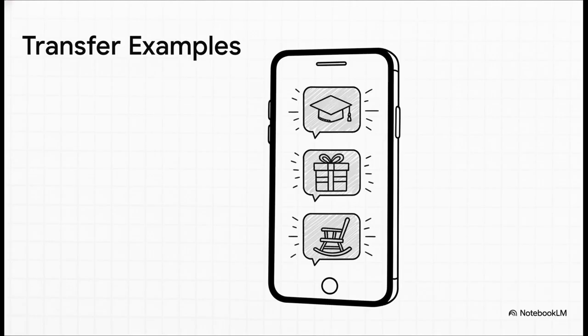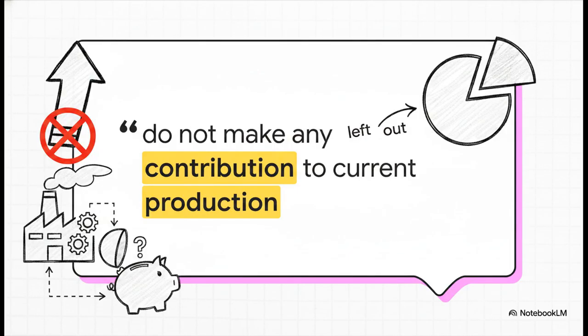Every single one of these represents a transfer of cash, but, and this is absolutely crucial, none of them are payments for a good or service that you actually produce today. And that really boils down to this key point. The recipients of these transfer payments do not make any contribution to current production in return for them. Now, if we zoom out to the big macroeconomic view, this explains exactly why these specific payments don't grow the national income pie. You see, national income strictly measures what a country actually produces. Because transfer payments don't trigger any new production, they're just completely left out of national income calculations.